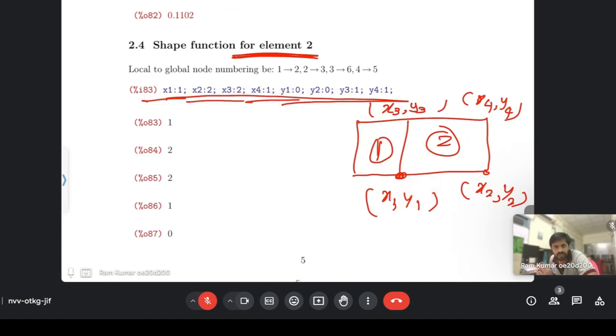Sir, we don't have to do it in a clockwise or anti-clockwise way. That is not required. We just have to think how we are writing. If I'm going like this, that's okay. But if you are writing like this, then you are going in this way. The x1, x2, x3,